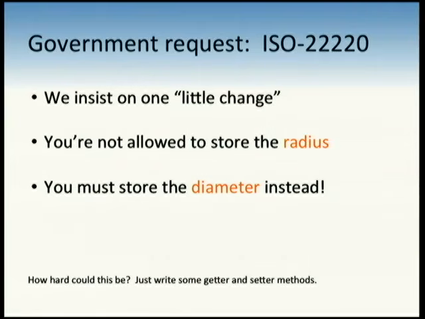We'll have to go in and, now we get to keep the API the same. It's how we store it internally that changes. So we can accept the radius in the constructor, or the initializer, but we actually have to store the diameter. And then we'll have to change all the functions that use it and all of our client code, including that which was published in Wired Magazine and the Wall Street Journal. The books are already out the door. We are going to destroy all of our client's code by this change.